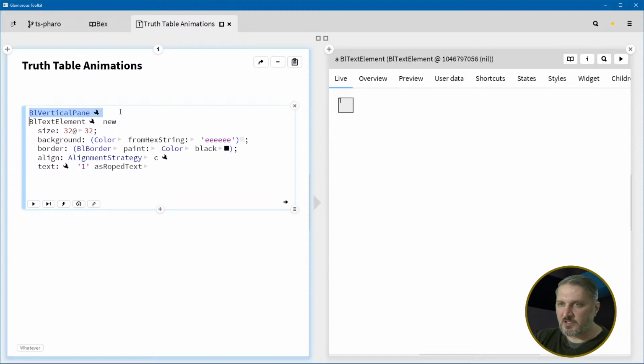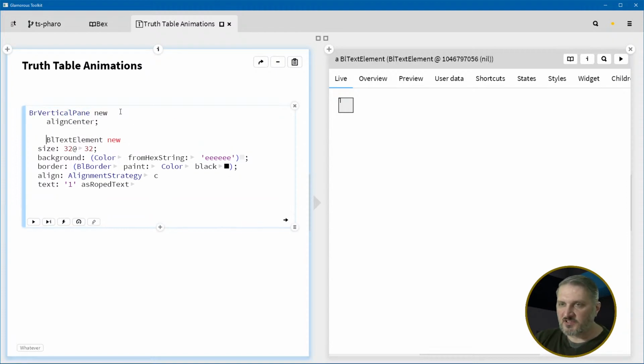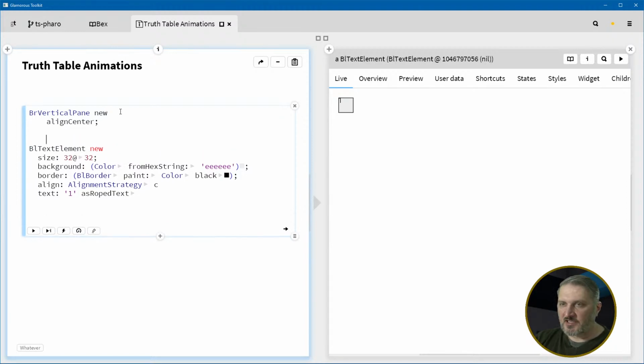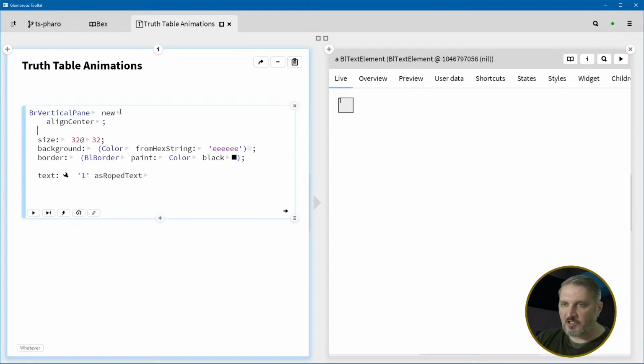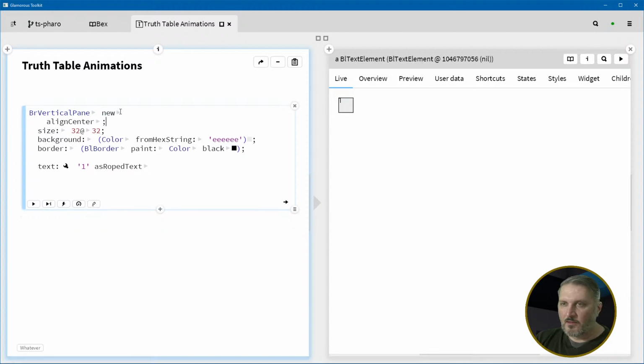Do I want this to be a Bex? Is this a binary expression? Not really. So that almost tells me that maybe Bex is like some graph element, because I'm developing some kind of like visual language here, right? Then this was garbage. So all this stuff that I had written about the text element can now apply to the BR vertical pane. BR is brick. So brick is a level up from